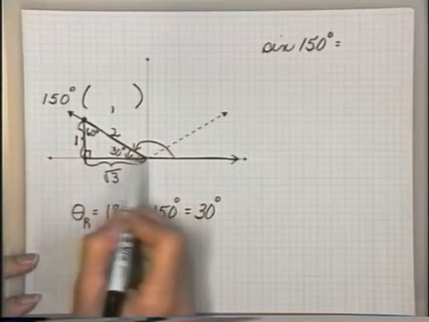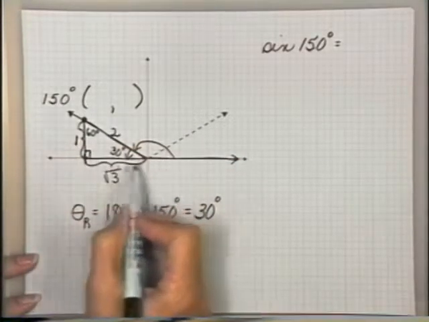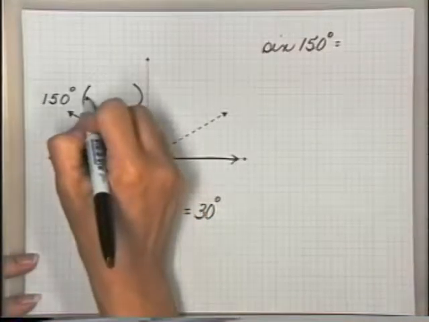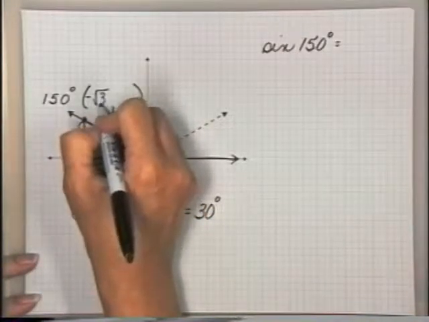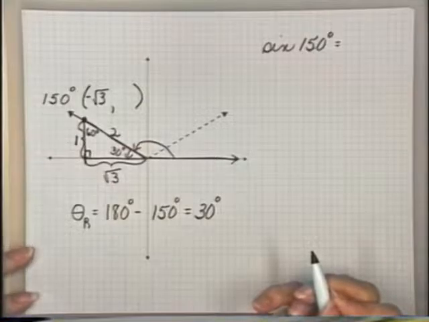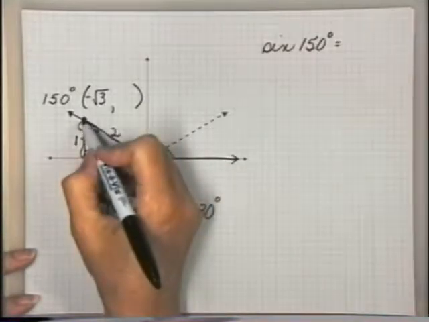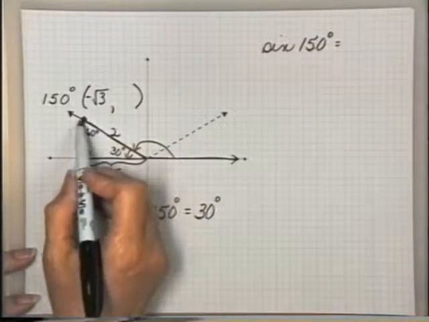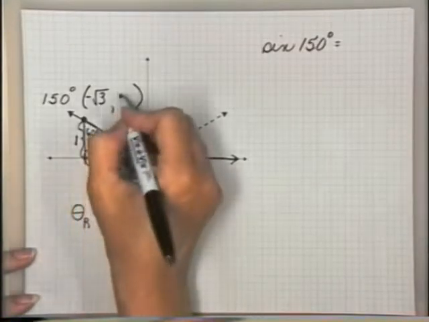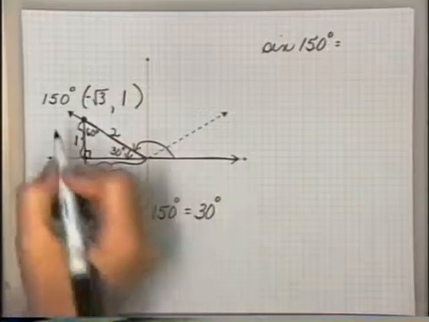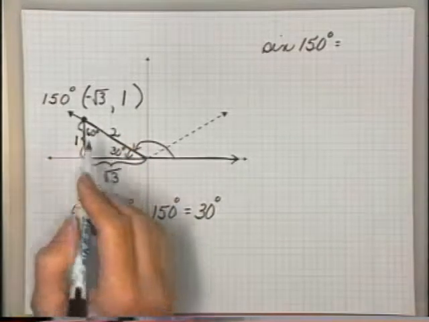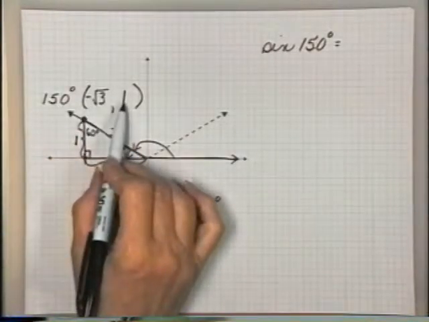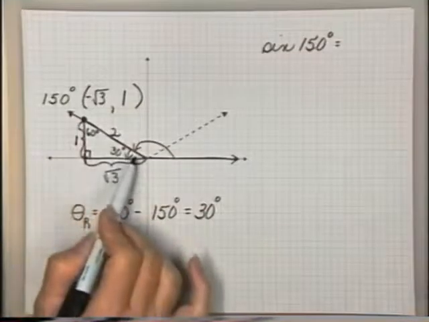If this distance is the square root of 3, because I'm on the negative x-axis, the x coordinate has to equal minus the square root of 3. And what's the y coordinate of this point right here? Well, in this case, this is a positive one. So the coordinates of this point would be negative square root of 3, 1,